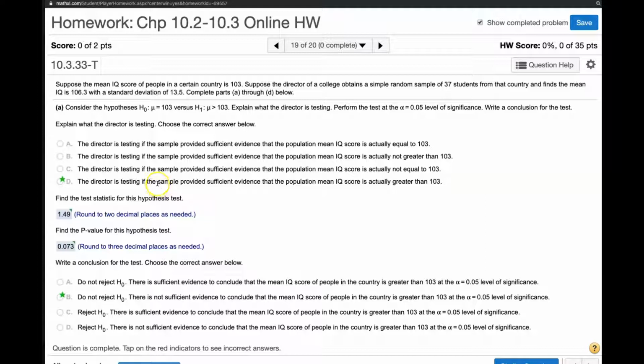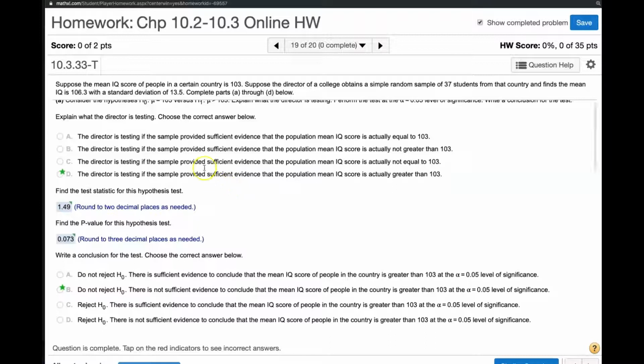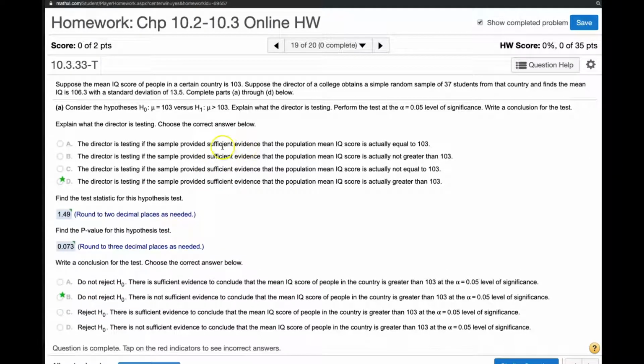And so again, you can see here with this given information, the director's testing if the sample data provided evidence that the score is actually greater than 103. That's what we're testing here. You run the test, you get a t-statistic. Again, this would be t-stat since it's a mean value. Your p-value is